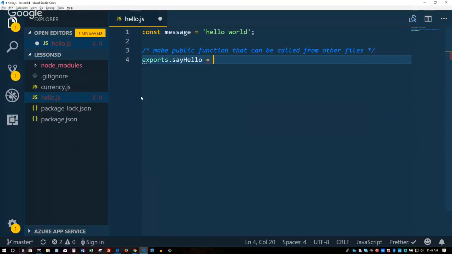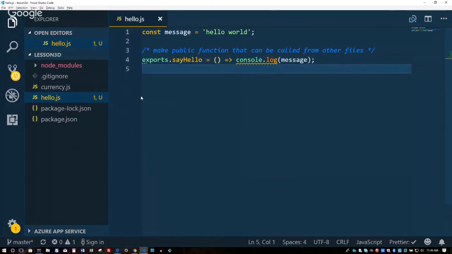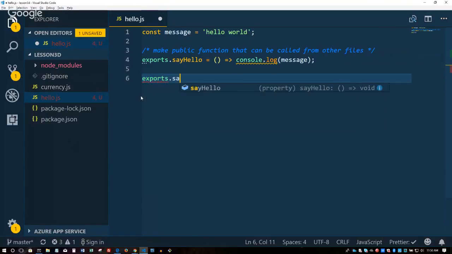Okay, so what am I saying here? I'm using the new ES6 method of creating a function. This line, what I just typed, is equivalent to this. I just said function. Oh, but don't type what I'm typing here.